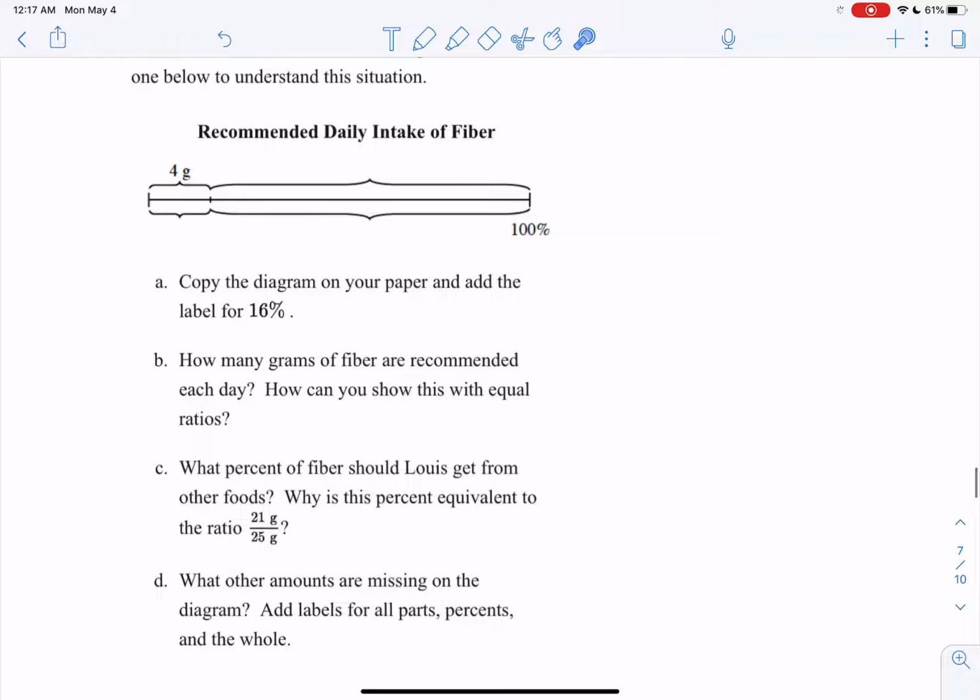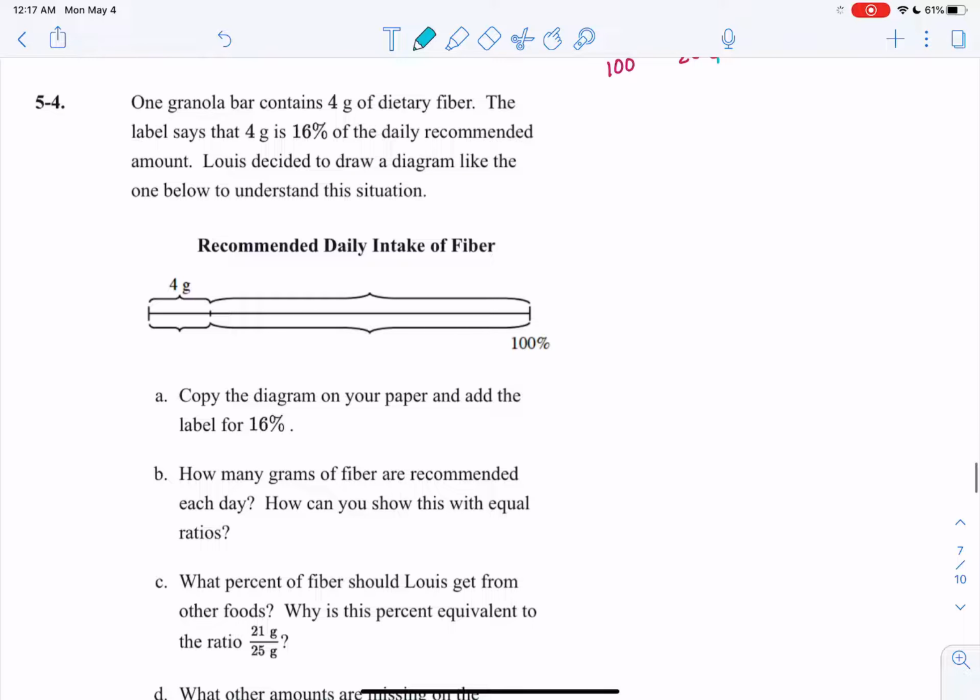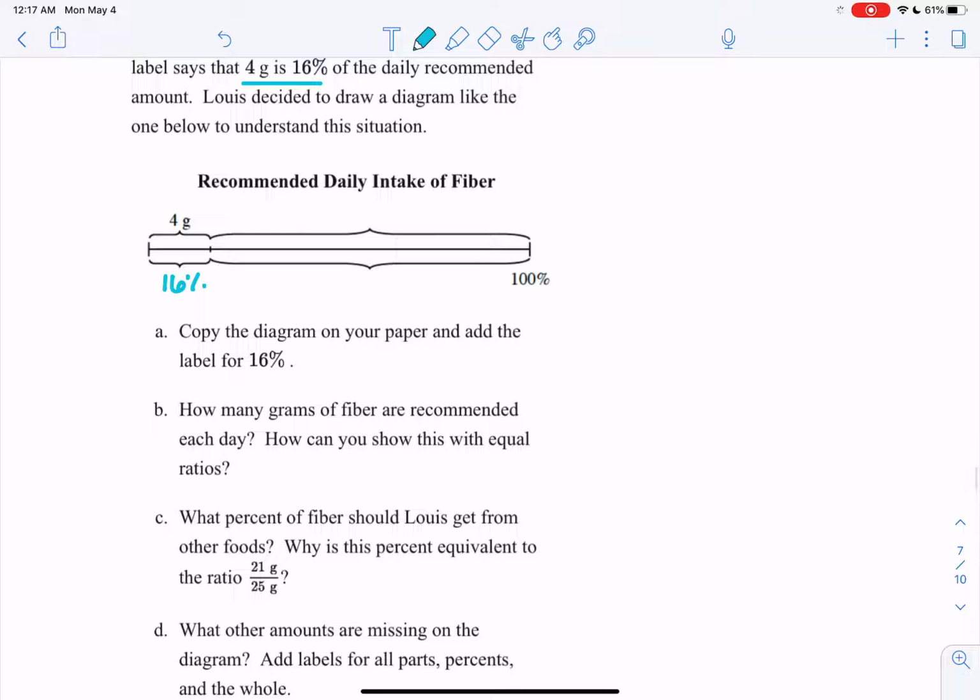Okay, so we need to add 16% onto this diagram. From the reading, I know that 4 grams is 16%. So right here, I'm going to label it 16%. Now it's telling us how many grams of fiber are recommended each day. How can you show this with equal ratios? And you guys are actually going to be picking your own label today and showing what is the recommended daily